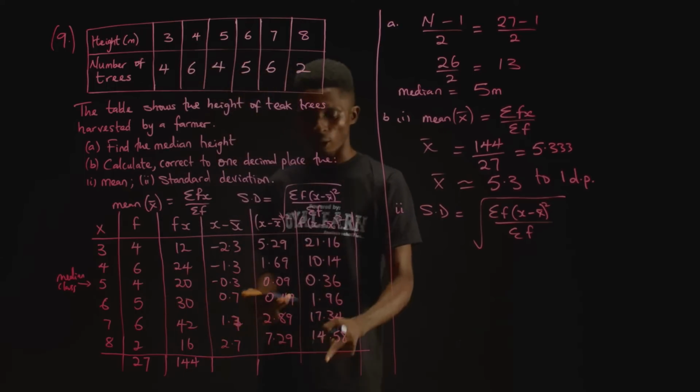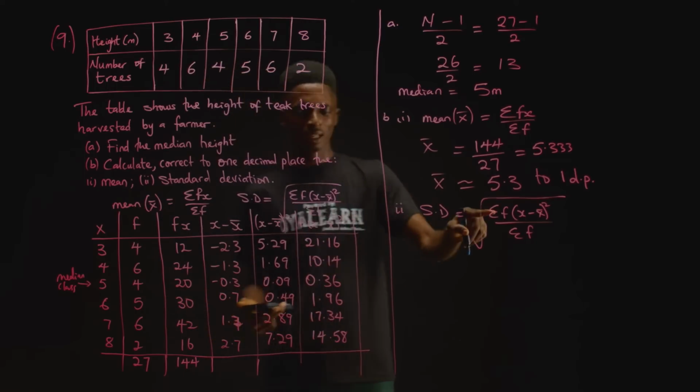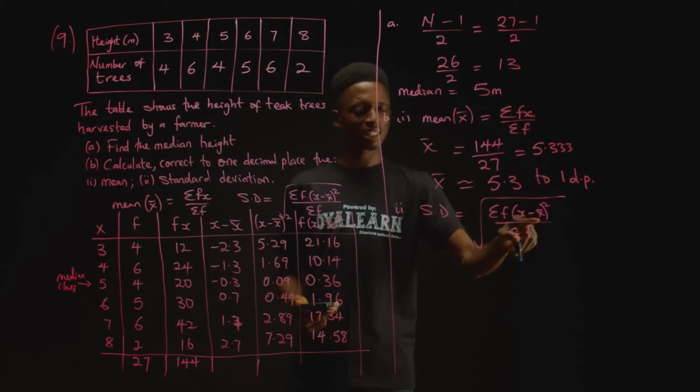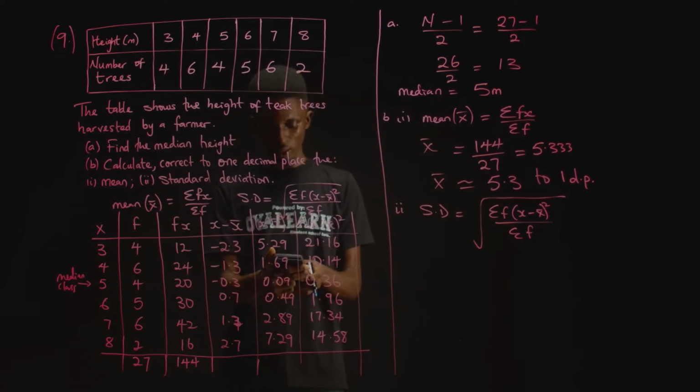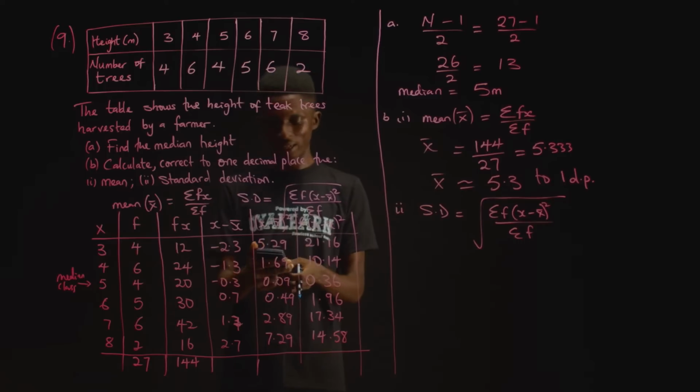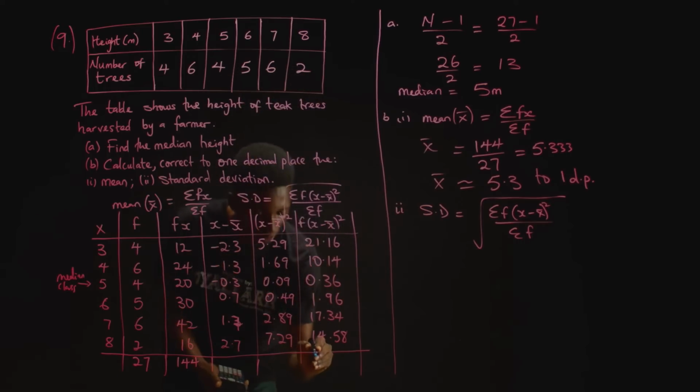Now we go on to sum all of these together to get our summation of f into (x minus x bar) in bracket squared. So we have 21.16 plus 10.14 plus 0.36 plus 1.96 plus 17.34 plus 14.58. And when we add all of this together, we have